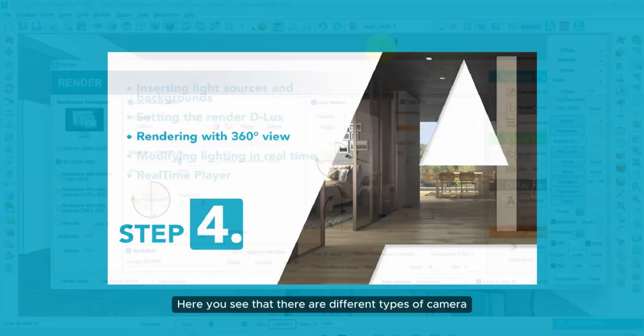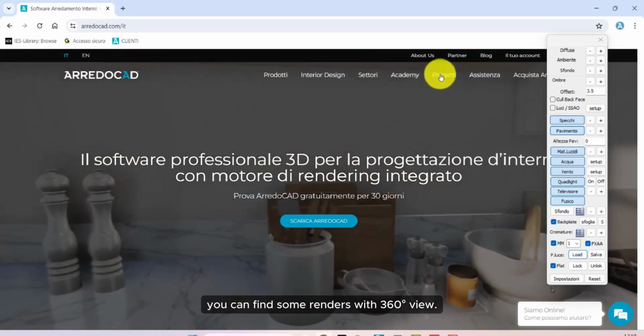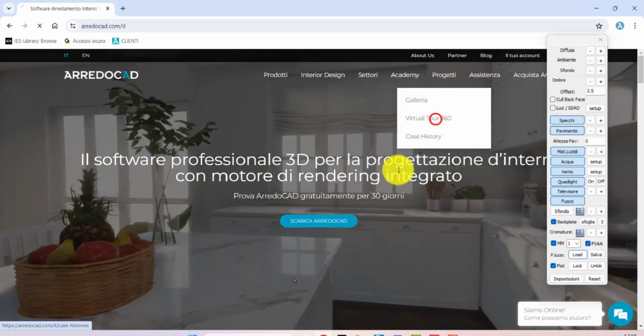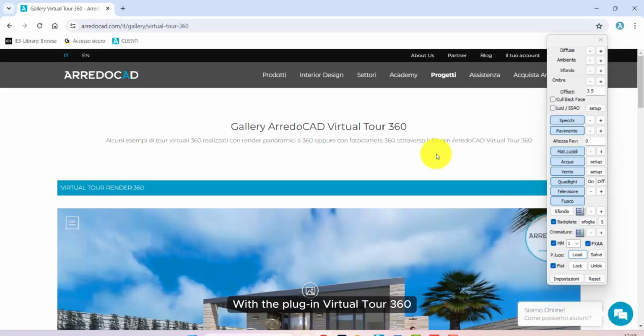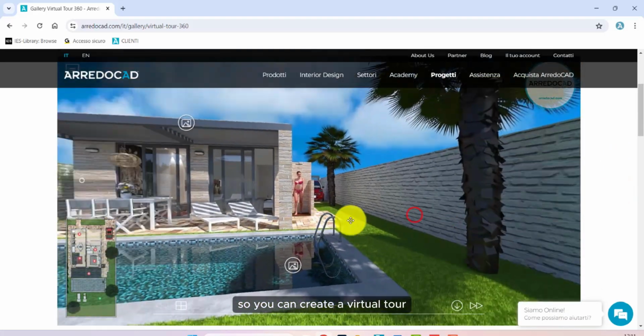Here you see that there are different types of camera, including panoramic camera. Or, with ArredoCAD, it is possible to create renders with 360 view. In the website here, you can find some renders with 360 view. With the plugin Virtual Tour 360, you can combine several renders with 360 view, so you can create a virtual